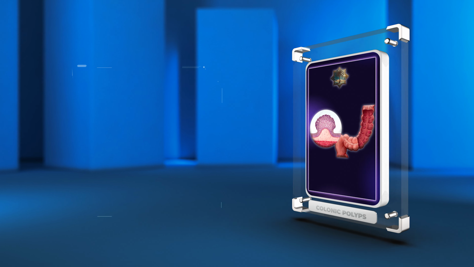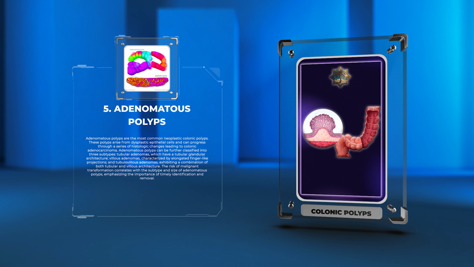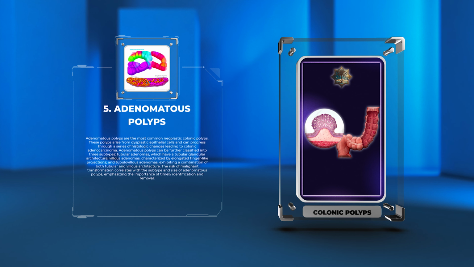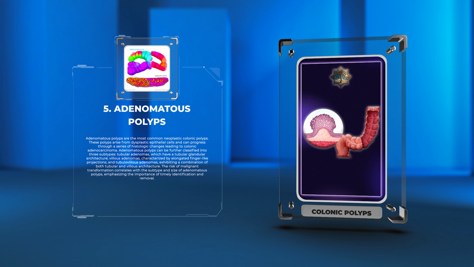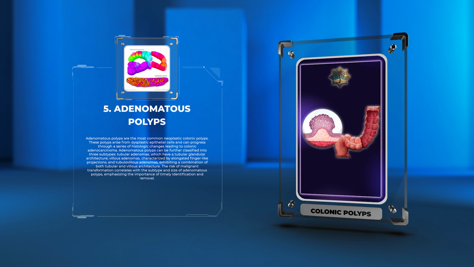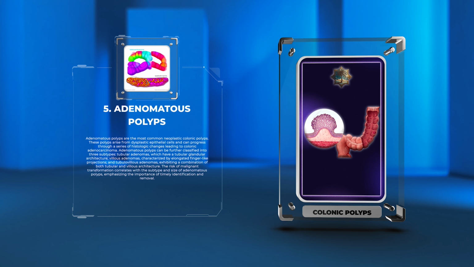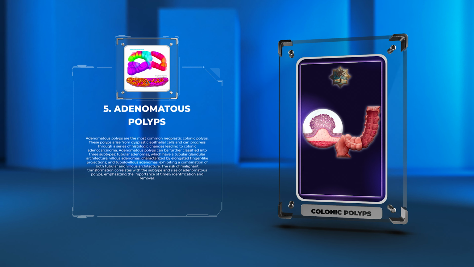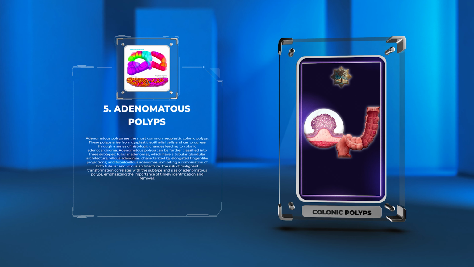Adenomatous polyps are the most common neoplastic colonic polyps. These polyps arise from dysplastic epithelial cells and can progress through a series of histologic changes leading to colonic adenocarcinoma. Adenomatous polyps can be further classified into three subtypes: tubular adenomas, which have a tubular glandular architecture, villous adenomas, characterized by elongated finger-like projections, and tubulovillous adenomas, exhibiting a combination of both tubular and villous architecture. The risk of malignant transformation correlates with the subtype and size of adenomatous polyps, emphasizing the importance of timely identification